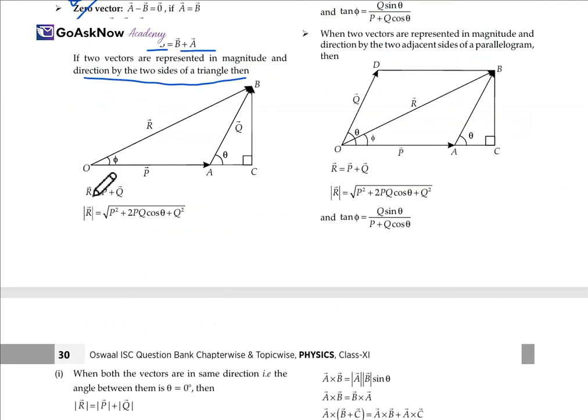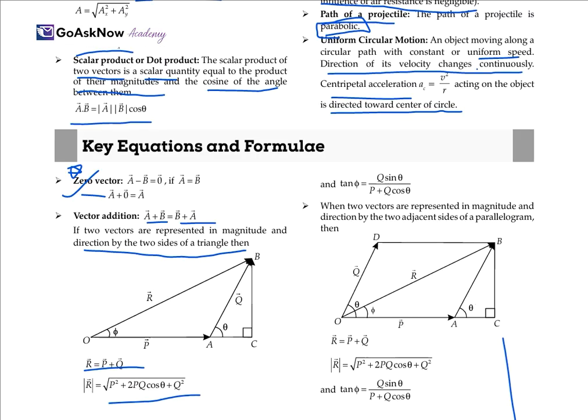Now, what will be the ratio of the horizontal ranges of body A thrown with velocity V at an angle of 30 degrees to the horizontal, and body B of the same mass thrown with the same speed at 60 degrees? The angle sum here is equal to pi by 2, so both will have the same range.